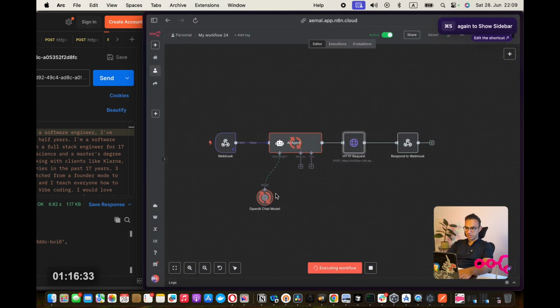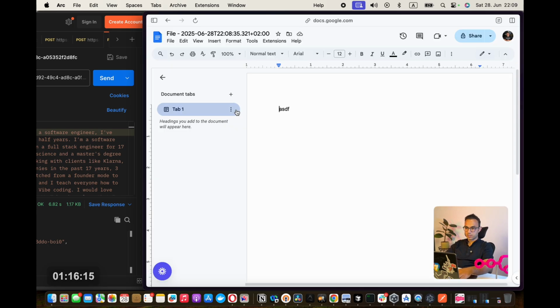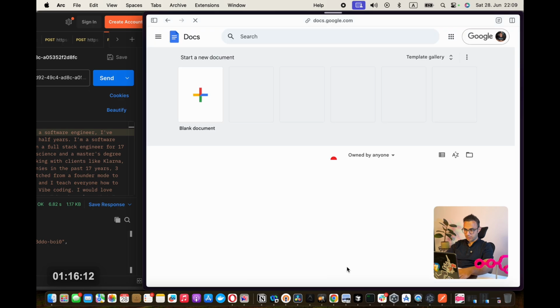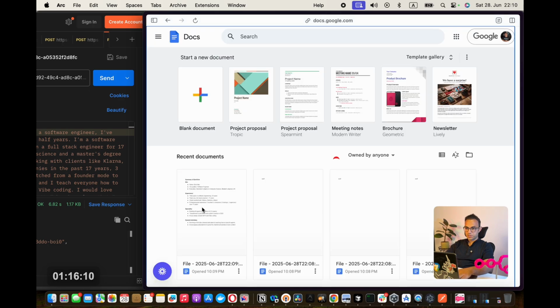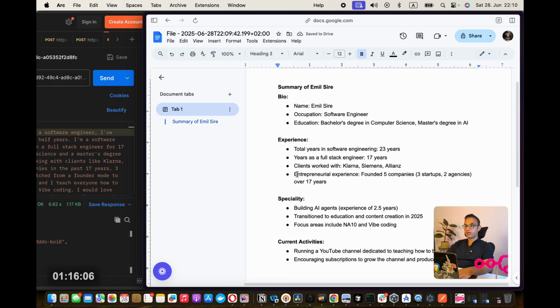So now if I execute this one more time, it's taking it from that pinned version, and it's executing, and it's now sending it. It sent it to my server. My server cleaned it up. It's a Firebase Cloud Function. Once it's done, and then it sends it back, and then I have created a new Google Docs. So let's go and see that. There's a new Google Doc, and the Google Doc is formatted.